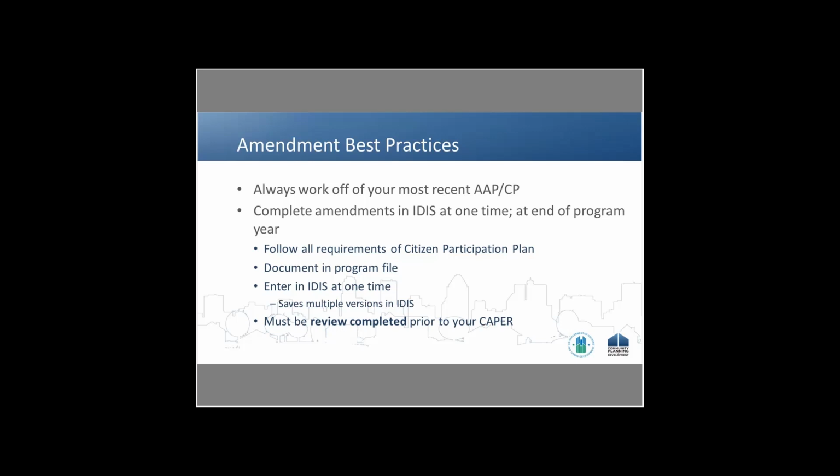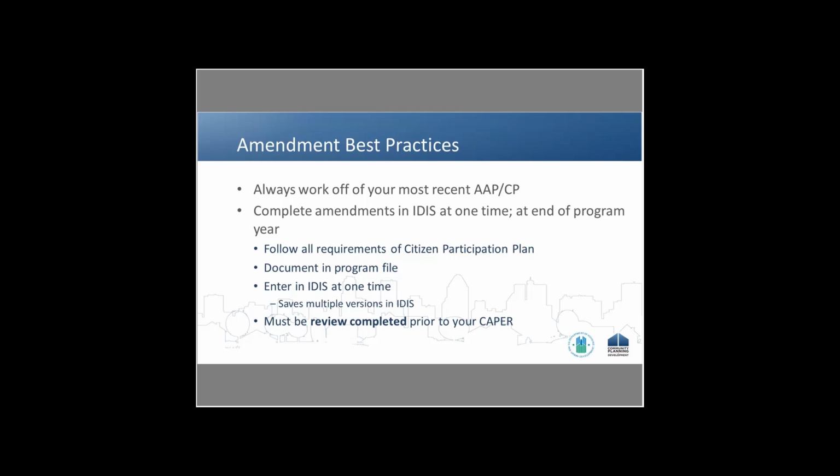One question was, and this actually came in a little bit before this section, but what if you've already started your 2018 action plan and find out that you need to amend the con plan? It's a great question. And I think we were talking earlier about making sure that everything is linked up. And so if you do find out that you need to make an amendment to your consolidated plan and you've started your 2018 action plan already, I think first,